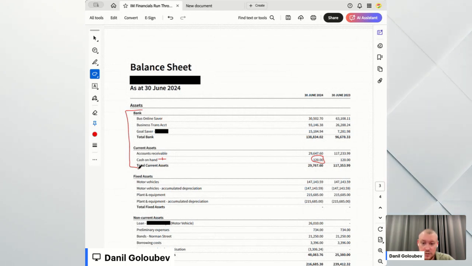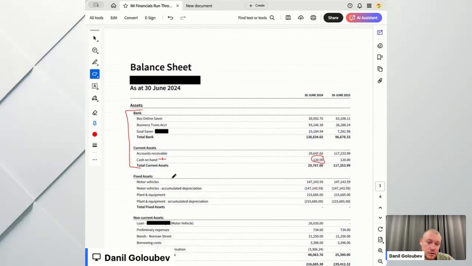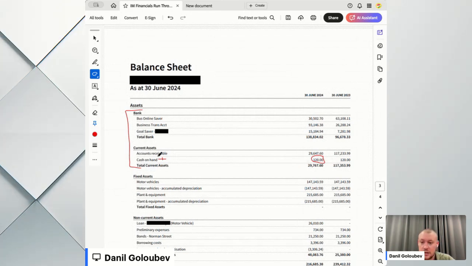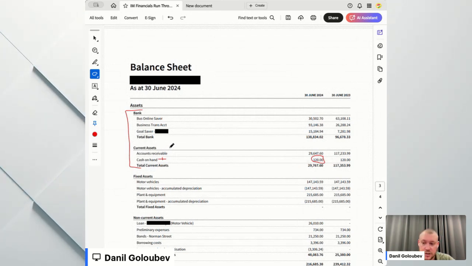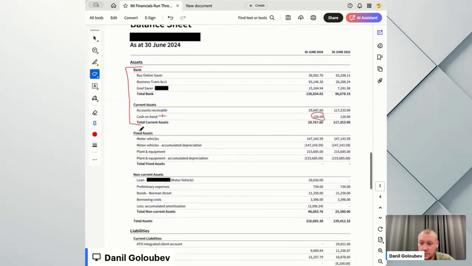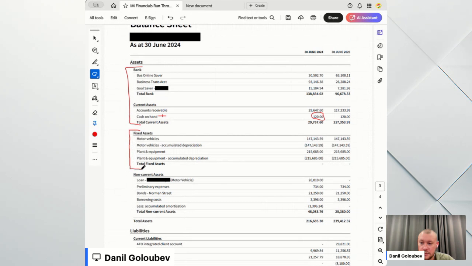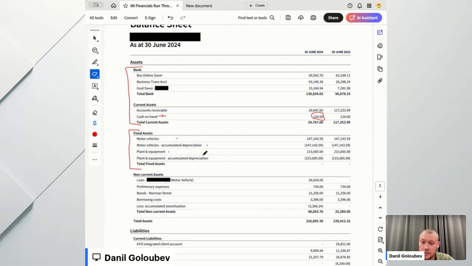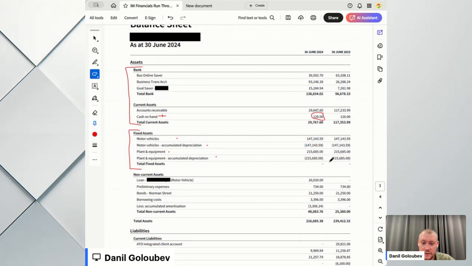Traditionally, this amount was actually put in your constitution and your register and kept on file. A lot of the time we keep the amounts nominal and it's just there as an accounting transaction. So, keeping it nice and simple. We have our non-current assets, which are fixed assets over here. We've got our motor vehicles, which have been fully depreciated, and our plant and equipment, which has been fully depreciated, hence giving us a nil